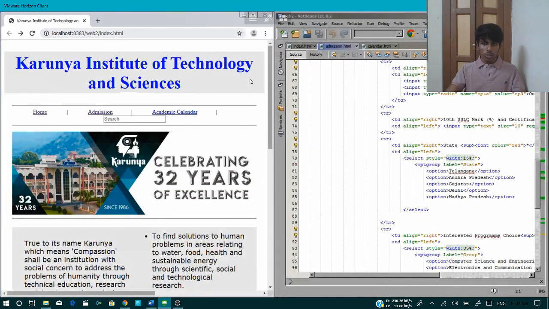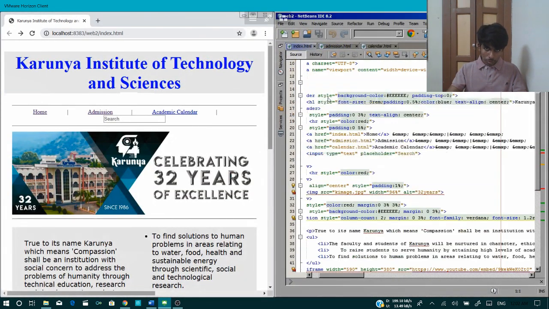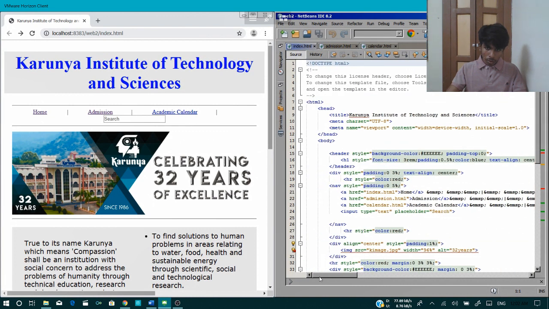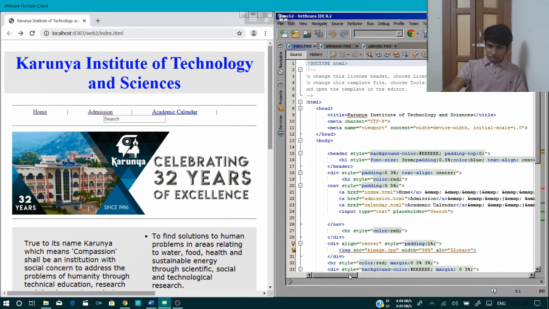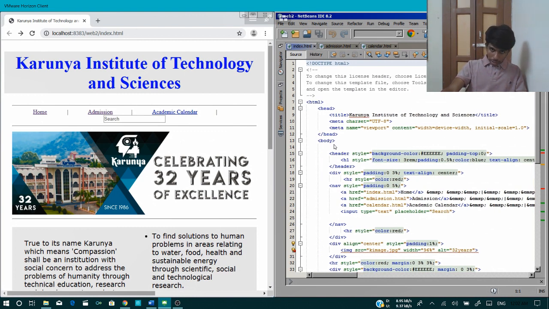Okay, let's go to the program. An HTML file contains a head tag and a body tag by default. So this is the part where Carney Institute of Technology and Sciences is the head part. I have mentioned that title in the head tag, and that's it. And let's go to the body part. The body part mainly consists of,